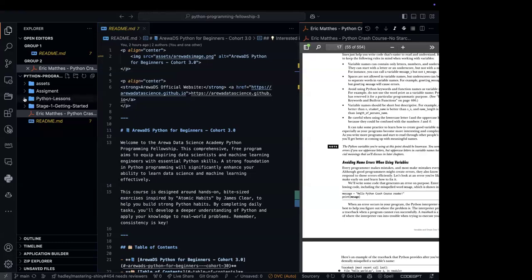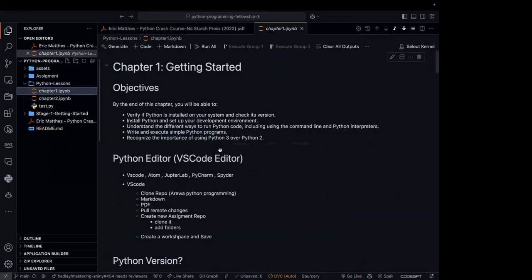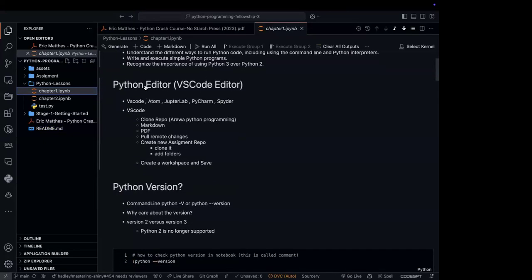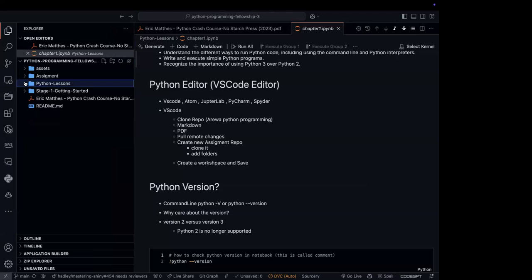Go to the Python lessons folder, Python lesson chapter 1. We already understand that we have many Python editors, right? VS Code, Atom, and others, but in this course we are using VS Code. The first thing we showed is how we can clone our repository, how we can view Markdown, and then how we can view PDF, right? But one thing I want to show you is that now you all have basically